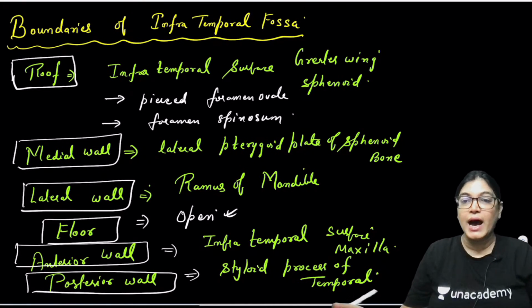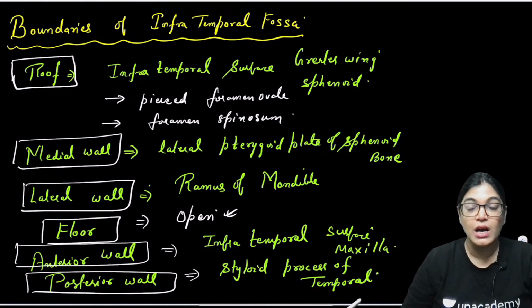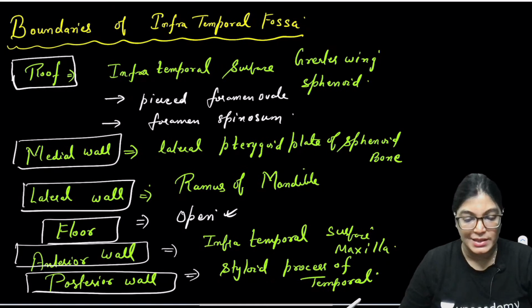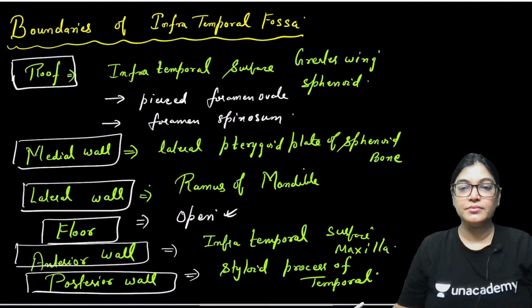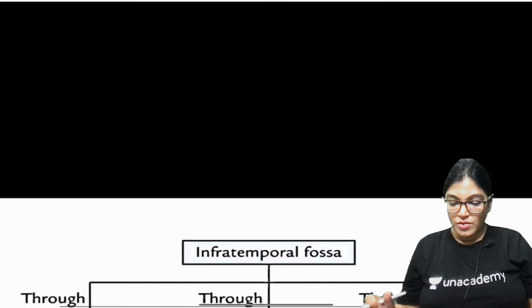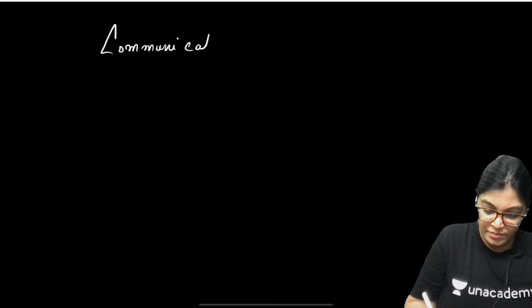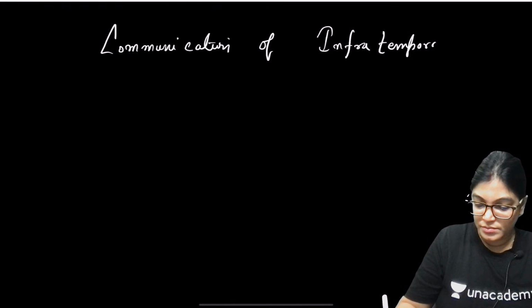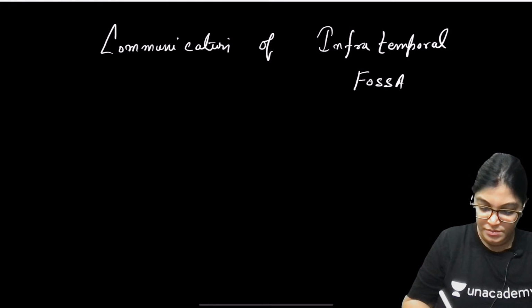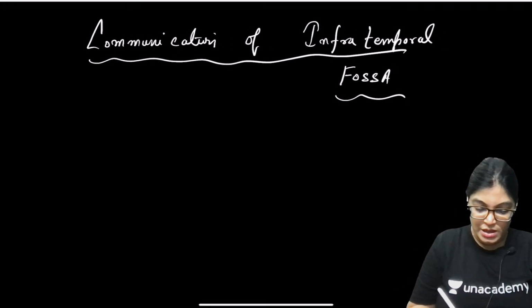Next important point which is often asked in your MCQ session is the communications, how the infratemporal fossa is communicating with other important structures. So let's have a discussion of the communications of infratemporal fossa. Let me explain it firstly and then I will also show you a diagram. So let's write the next heading, communications of infratemporal fossa. The communications are,